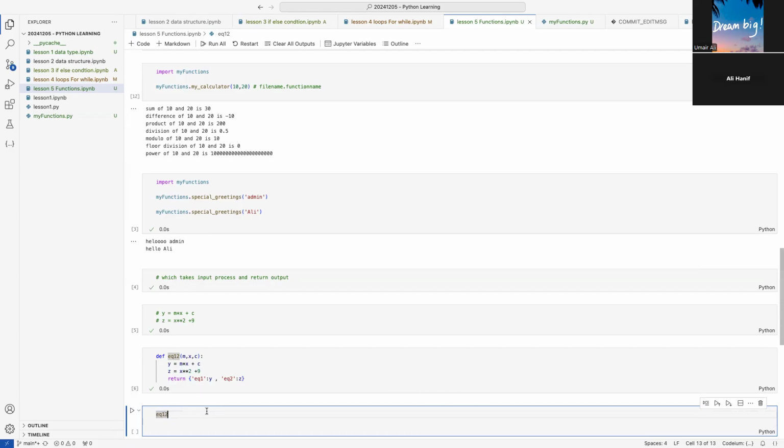So we are just writing the function name and then small brackets, and we will pass it the values. Like this. Exactly. The first value will go to M, the second value will go to X, and the third value will go to C. But you will write the actual values. So I write, let's say 5,